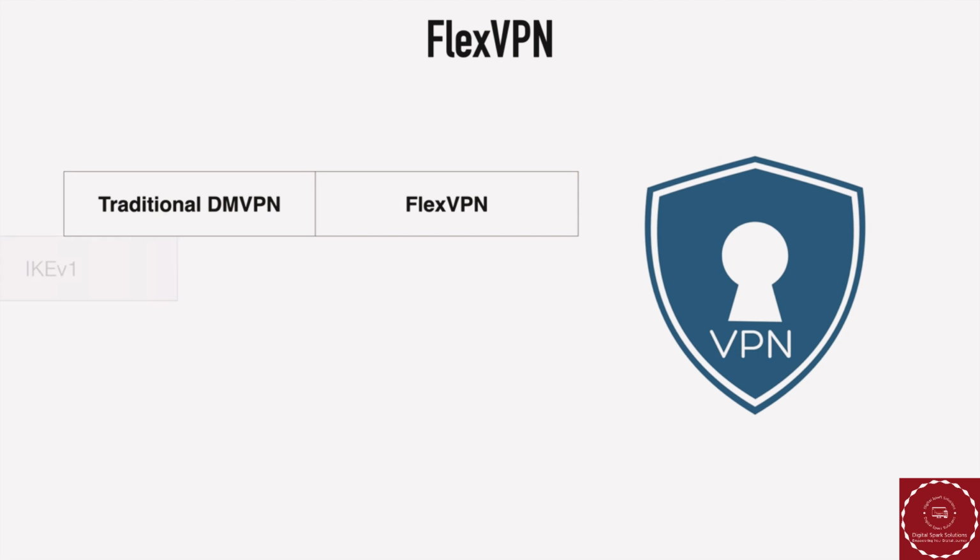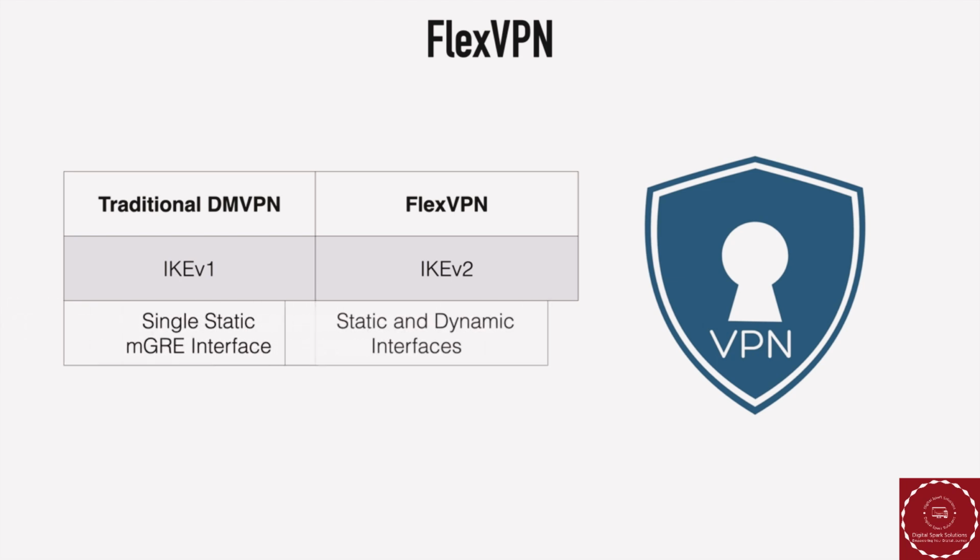First, while many traditional DMVPN networks use IKEv1, FlexVPN uses IKEv2. IKEv2 offers many enhancements over IKEv1, including EAP authentication, less bandwidth consumption, built-in NAT traversal, and more. With DMVPN, we have a single static MGRE interface configured at the hub. With FlexVPN, both static and dynamic point-to-point interfaces are used, which allows for the flexibility of different per-spoke or per-hub